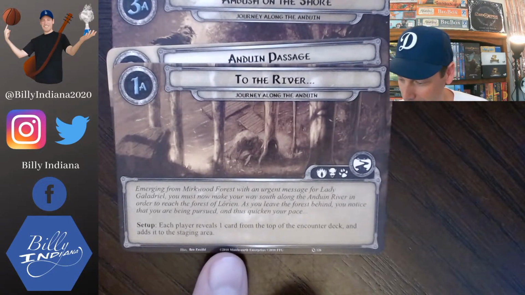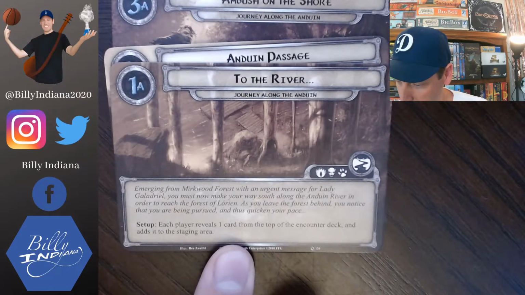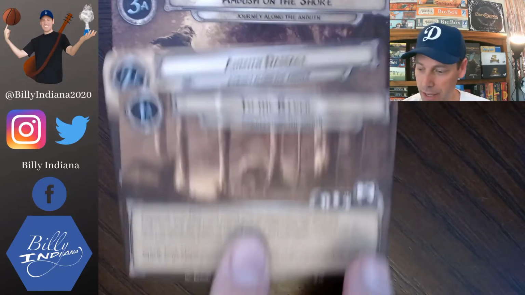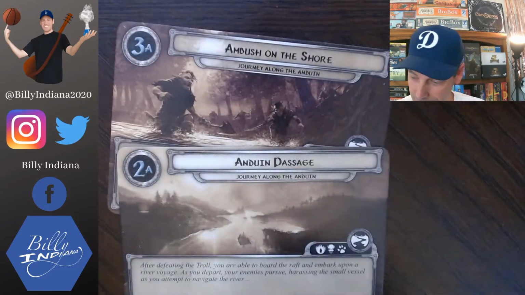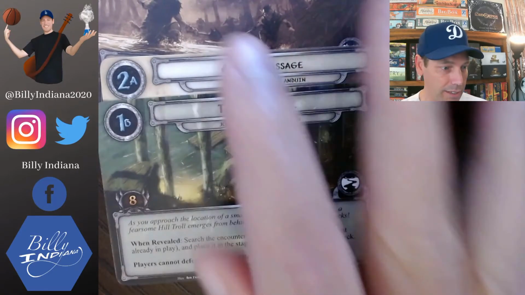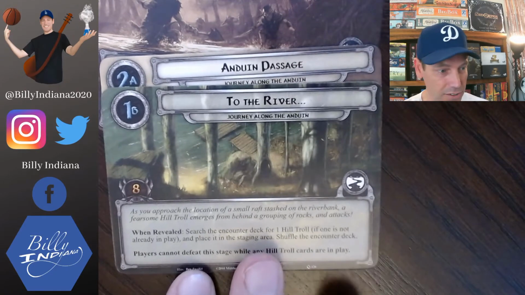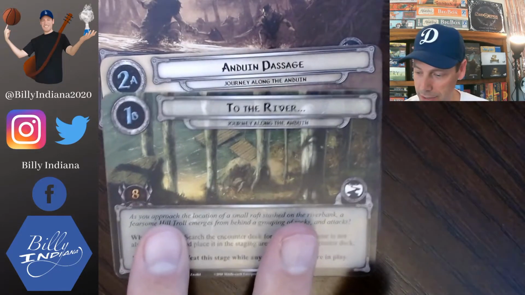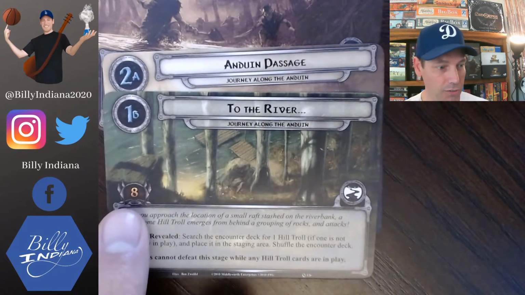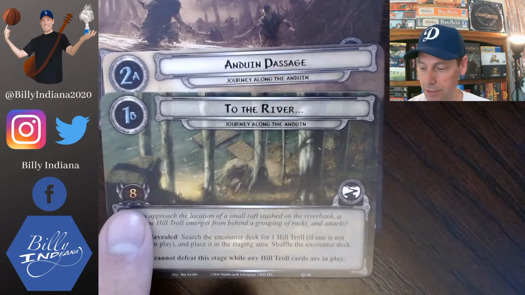And then it says setup. Each player reveals 1 card from the top of the encounter deck and adds it to the staging area. And then once you've done that, you flip it over and you look at the part B side, and it often will have some flavor text or storyline, and then it gives you some more directions. Once you've completed this card, and this quest is completed when you've got 8 progress tokens on this quest, then